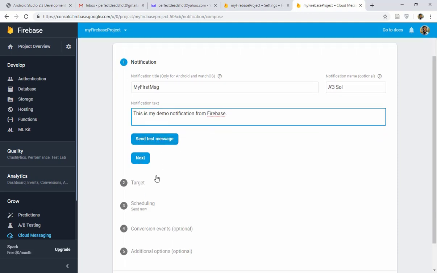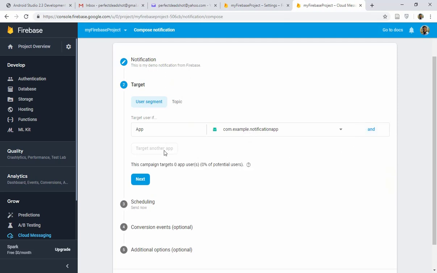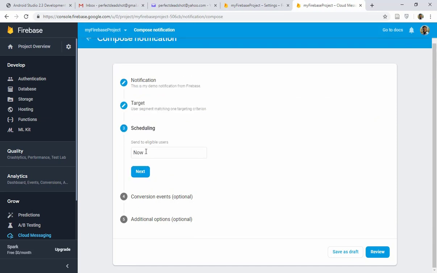So what will happen, you can then click on the send test message, but it is not required. You simply click on the next, and it is saying to please select your target application. So you can see my application is appearing here, and if you wish to add some more applications, you can click on the add button and add the other applications that you have added here. Now there are no users right now, but no problem, click next,